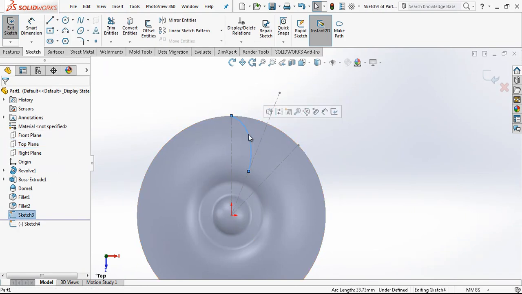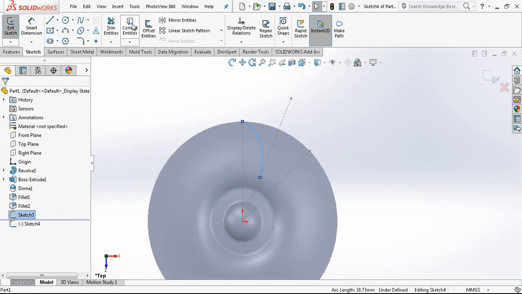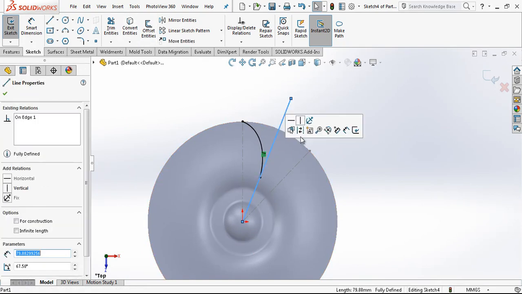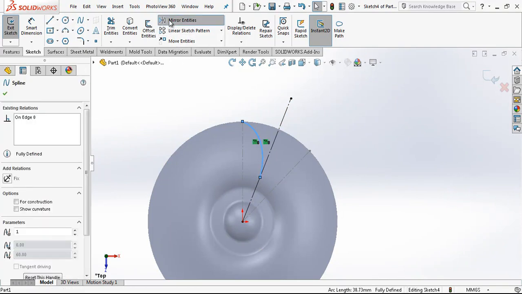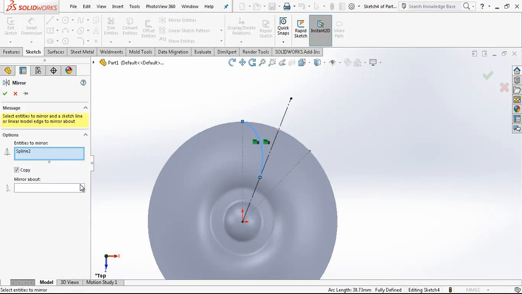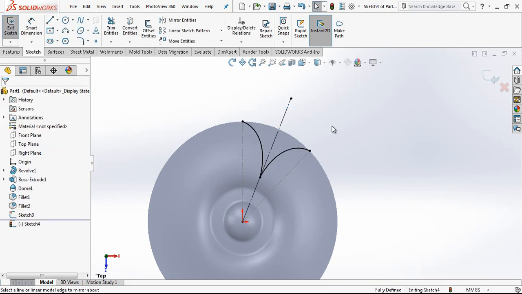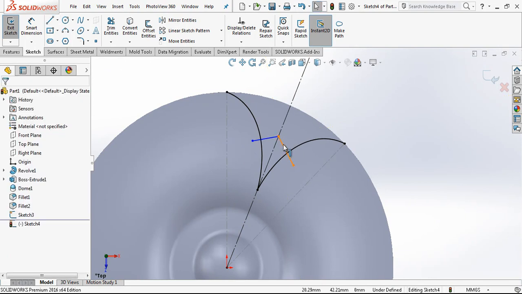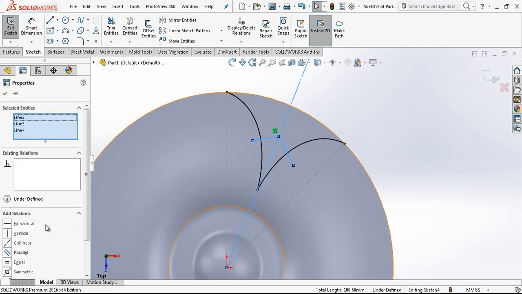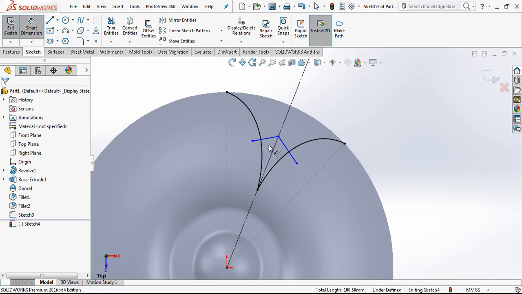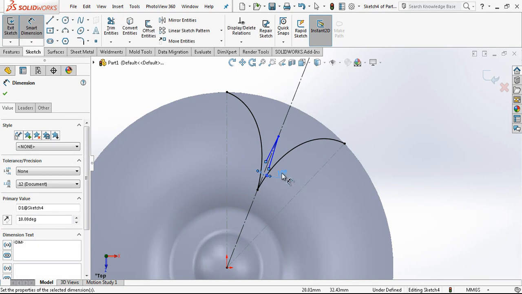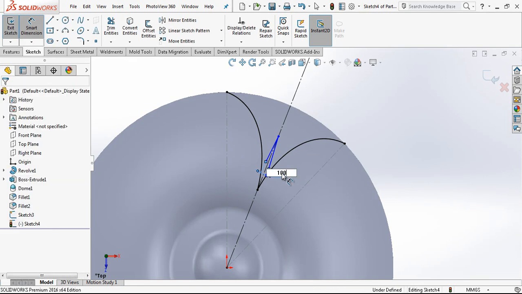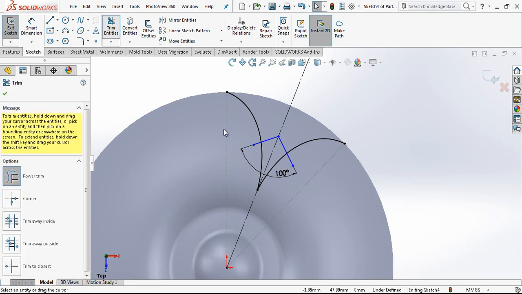second sketch. I will never change my baseline with trims and other operations. If you do that, when you want to make some revisions, then you're going to have problems. It's better to keep your real model or real sketch there somewhere safe, and then you play with the other here. It is a much safer way. This will be symmetric, and the value of angle will be 100 degrees, sorry. And we are going to make a trim